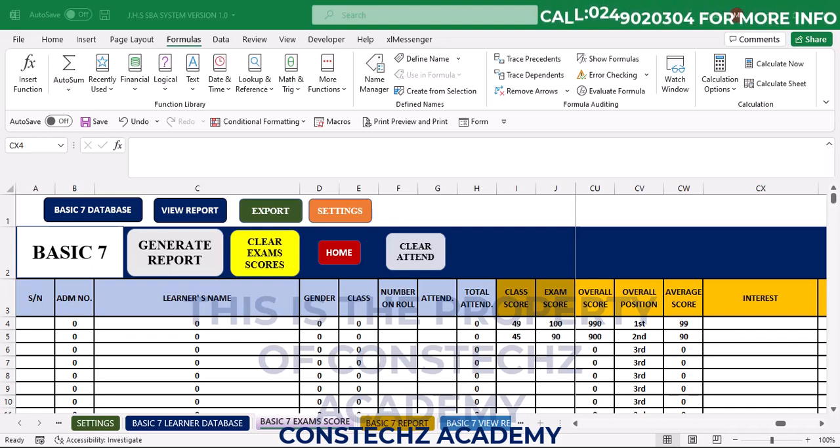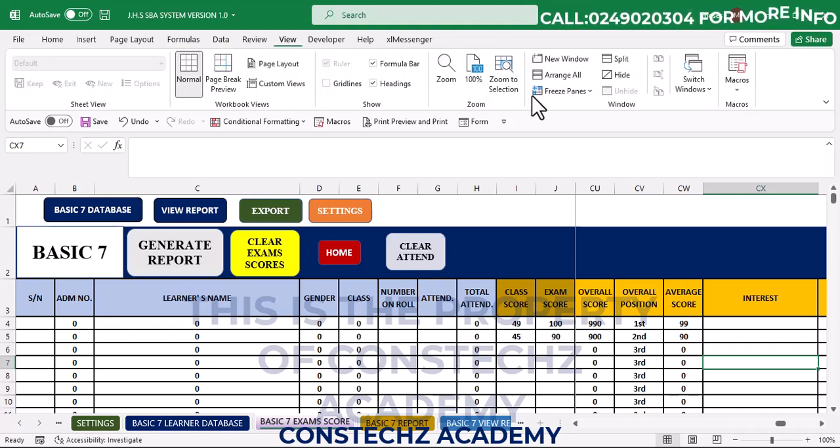So let's work on the interest. The interest. So we'll select the whole of the interest. Okay, so before I will ensure that I'm able to select all, I'll come to and freeze it, okay, so that I can be able to access all of the